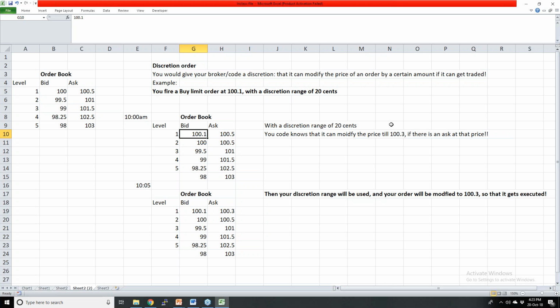Will the limit price of the discretion order change if someone changes the bid to 100.2? Will our discretion order remain? No. See, this is the point. You have to differentiate between pegging and discretion. Discretion is whatever my price, whatever my